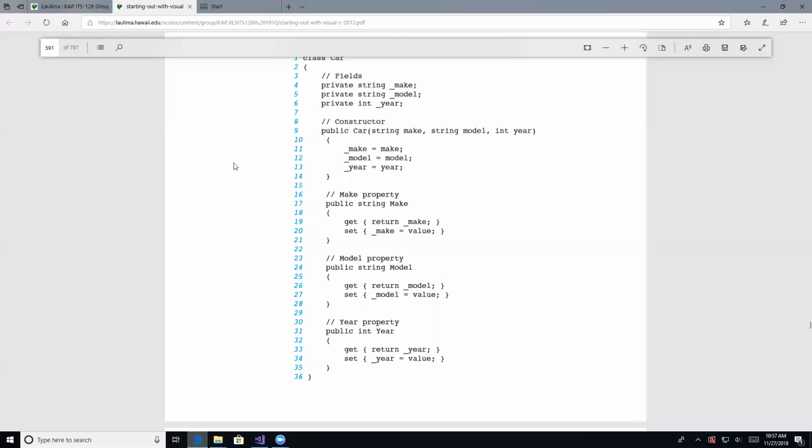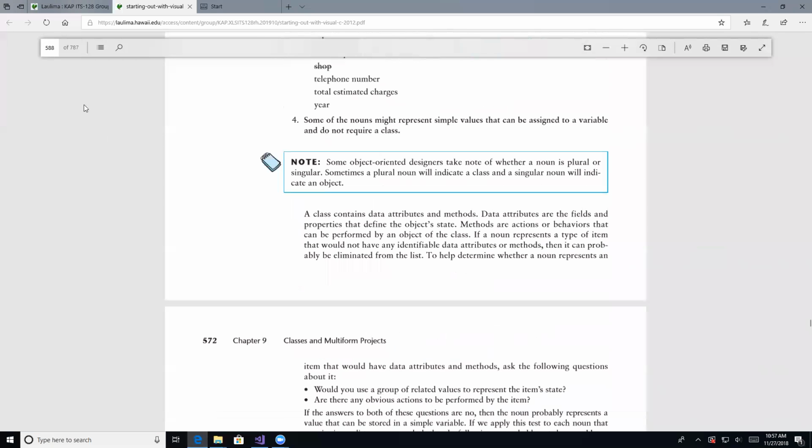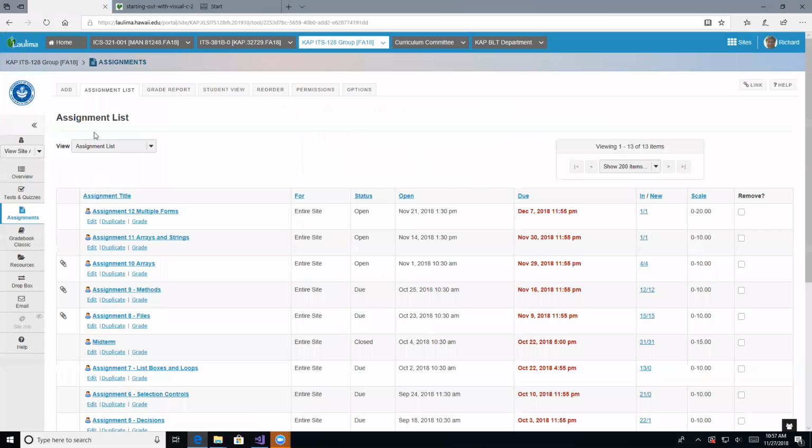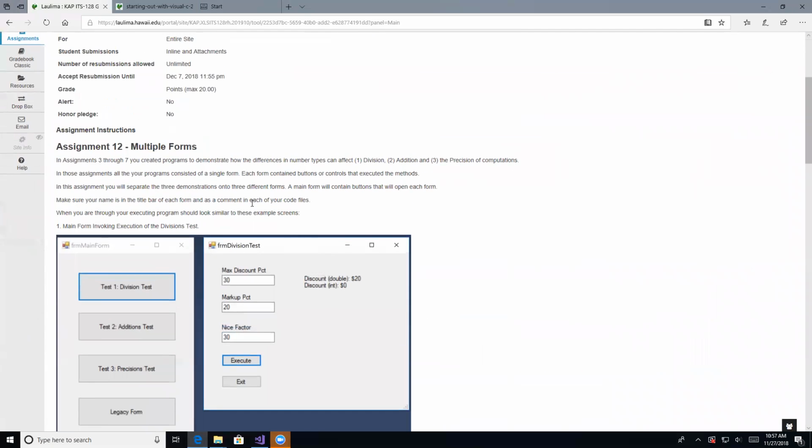Let's pull up assignment 12 here, just so we can remind ourselves of what it does. This is go to assignments 12. We are going to take this problem that we did in assignments 3 through 7, and I mentioned we would return to this, and